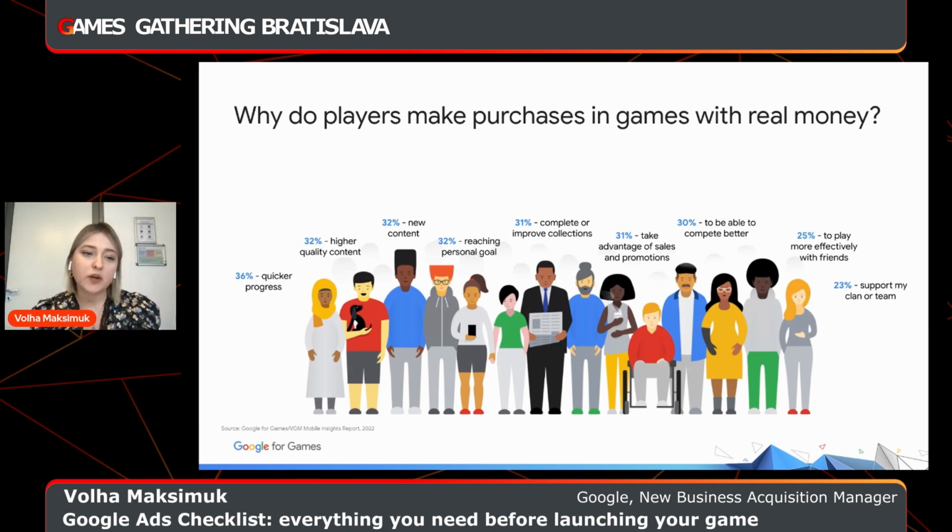Players want to progress quicker, they want newer content, they want higher quality content, they want to make sure that they are able to compete better, or they are supporting their clan or team. And this is also something very important. Understanding what exactly pushes players in general to buy something is important, because this is also something you can incorporate